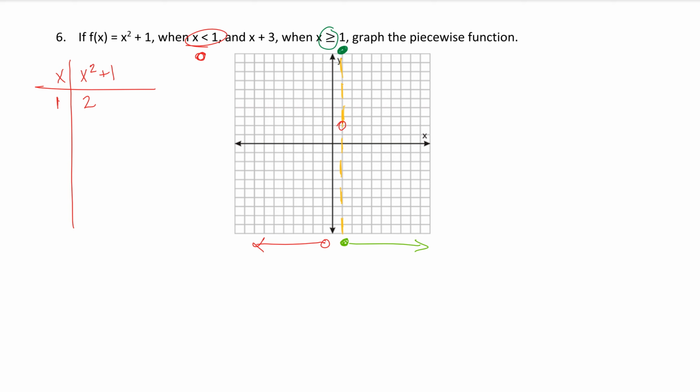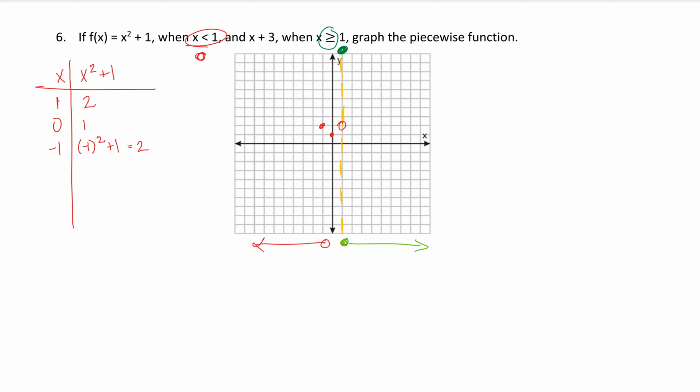Now, everything to the left. So I know my next number I'm going to plug in is a 0. Well, 0 squared plus 1 is 1. Then I'm going to plot it. I have a 0, 1. Now I'm going to plug in a negative 1. So I get negative 1 squared plus 1, and that's 1 plus 1 is 2. So at negative 1, 2,